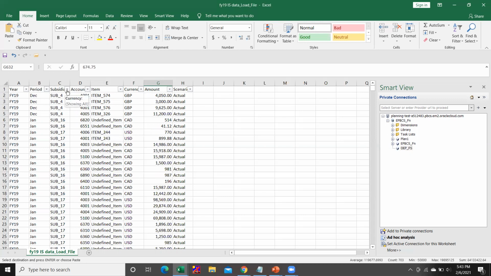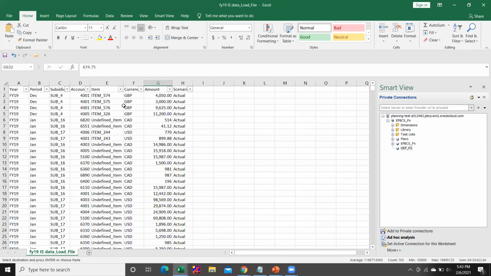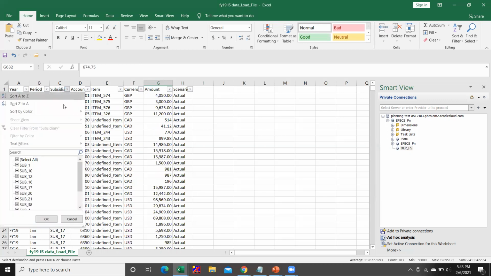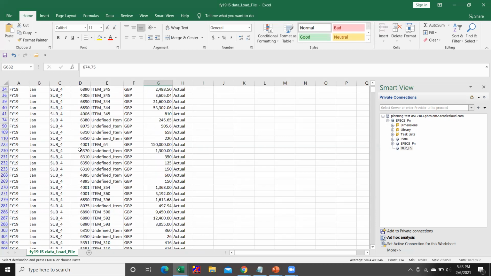So sub_4 has a currency of GBP. So we need to select here sub_4 only. So we will check the number against entity sub_4. Let's check for account 6370.